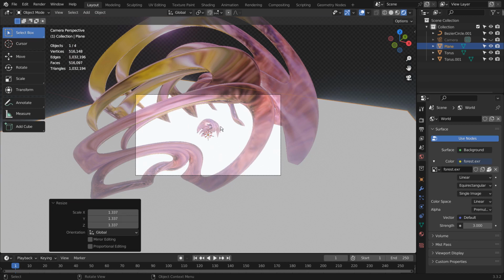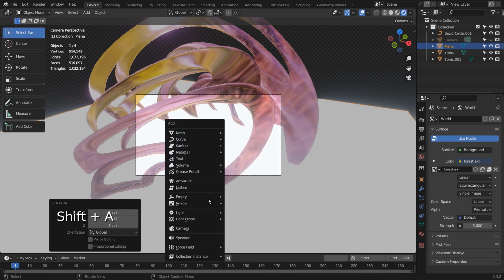I'll use an empty object as the depth of field anchor object for the camera.